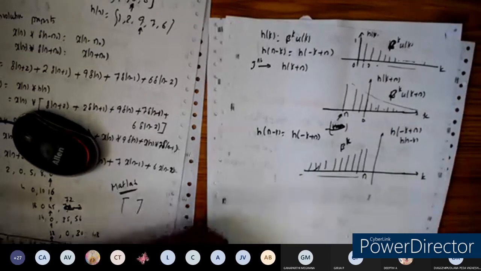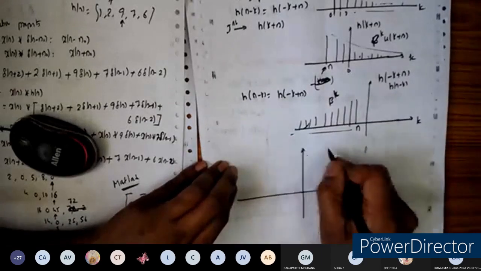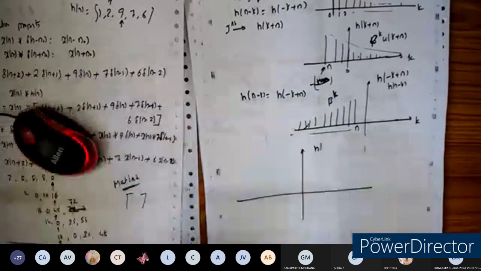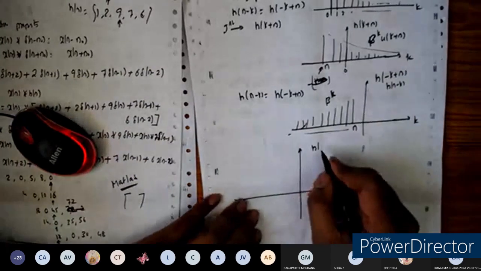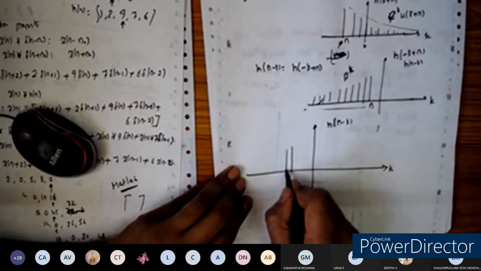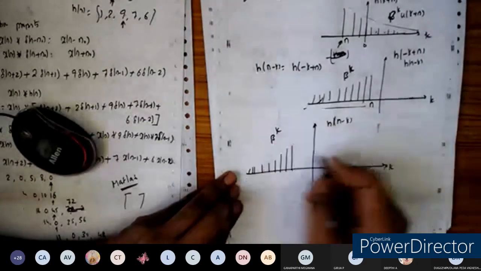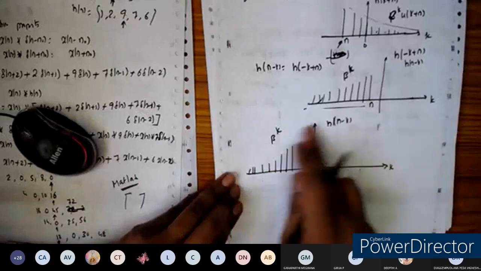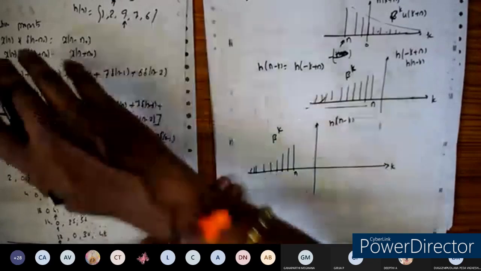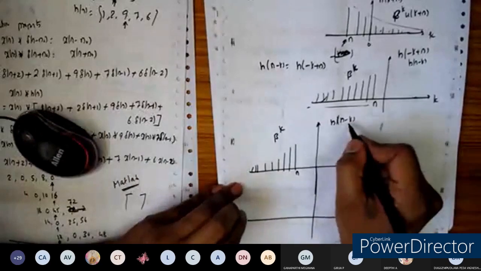Done, right? Okay, fine. Now I am going to draw the waveform neatly. I am going to plot it here. So this is the signal called h of n minus k. This is the k index. So the signal will be like this. This one I am going to call beta to the power of k, because whatever the shift is, we can call this beta to the power of k. And on this axis, the first sequence is n. Done. So this is the sequence h of n minus k we got here.